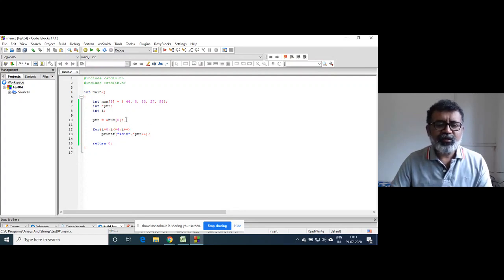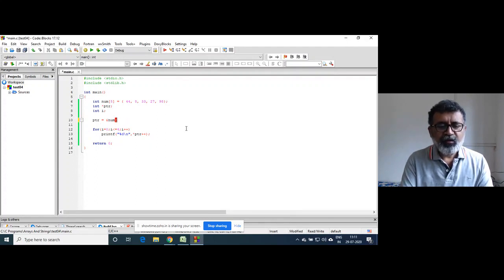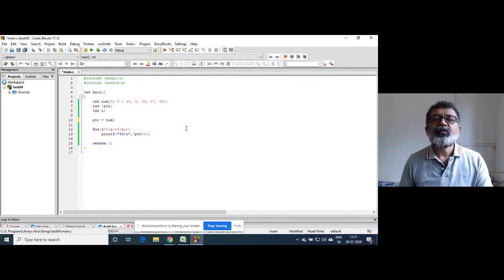So what does it mean? These two statements are the same: num of 0 and num. Why is it the same? Because the address of the first element of an array is stored in a pointer variable by the compiler, and the name of that pointer variable is the name of the array.